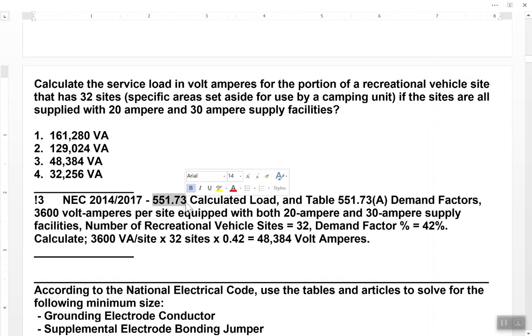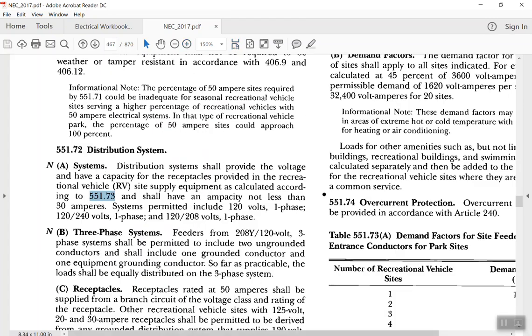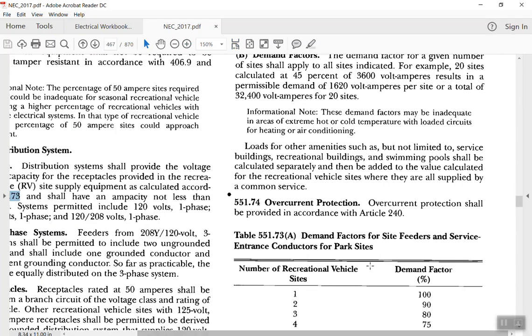551.73, and there's a table as well, 551.73 in our code book. So I got it up here on the board. Hopefully you can see this. I'll try to zoom in a little bit here. There's a table